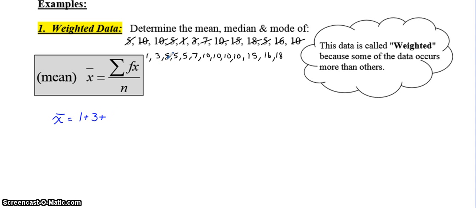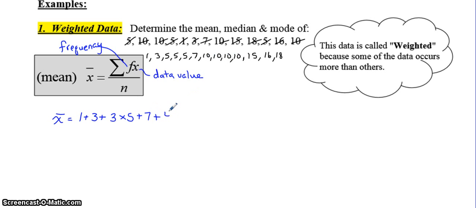Now instead of writing 5 plus 5 plus 5, what you can do is take the frequency, which is the F, and multiply it by the data value, which is X. So rather than writing 5 plus 5 plus 5, we can write 3 times 5 plus 7 plus,